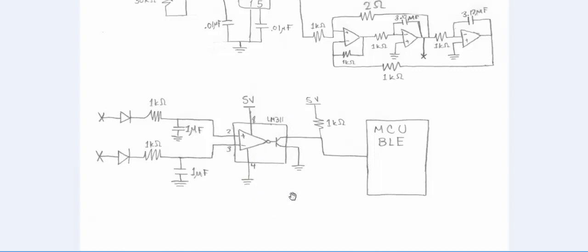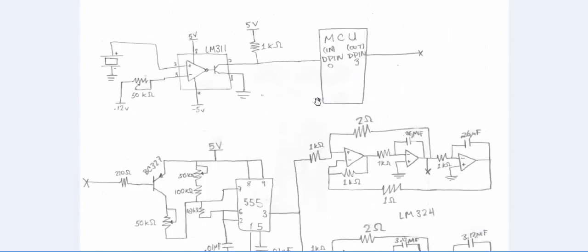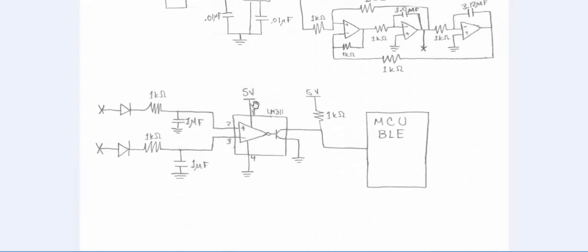So we connected it similar to what we have here: 5 volts to pin number 8, in this case ground to pin number 4, and ground to pin number 1, this filter to pin number 2, and this one to pin number 3, and from pin number 7 we take the output. It's also connected to a pull-up resistance and 5 volts, and this goes to the receiver of